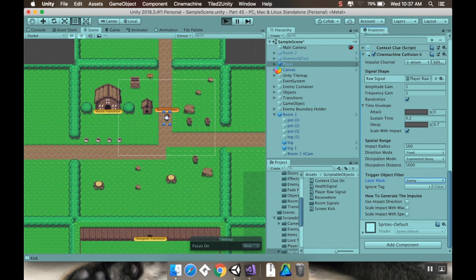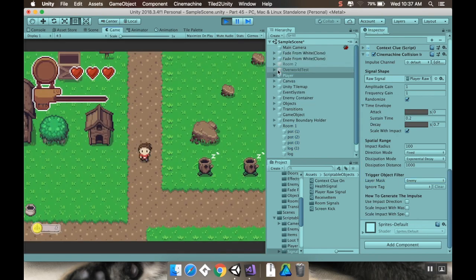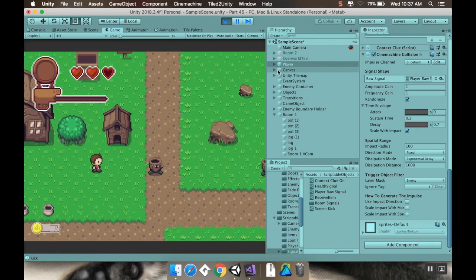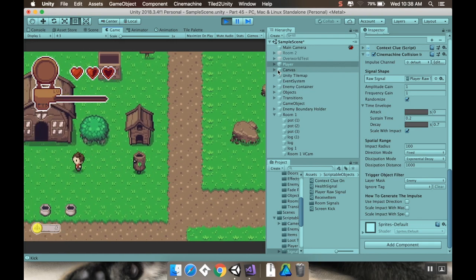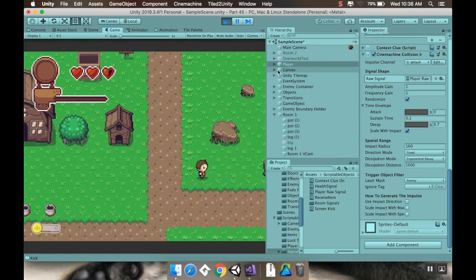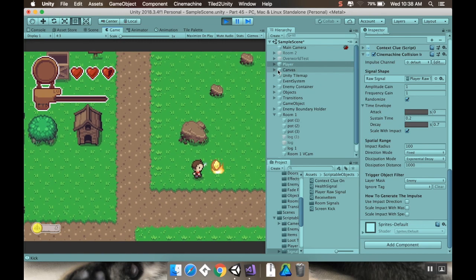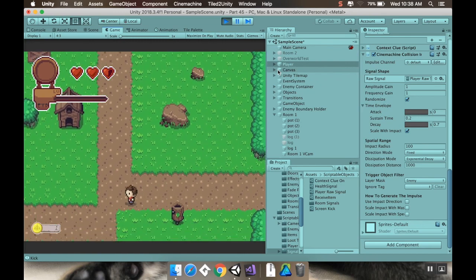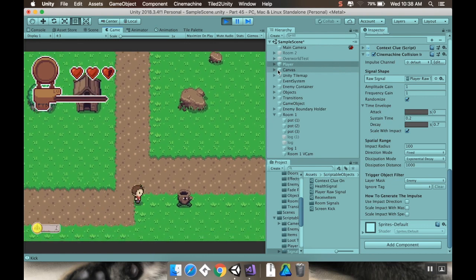So if I hit play now, it's going to think for a second. So if I go over to my enemy, I get this nice little kick. And you can play with that signal to get it to be however you want it to be. And I get that when my, so I guess I get a nice little kick when I hit with my sword too. I wonder,